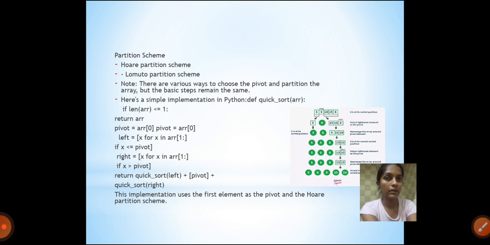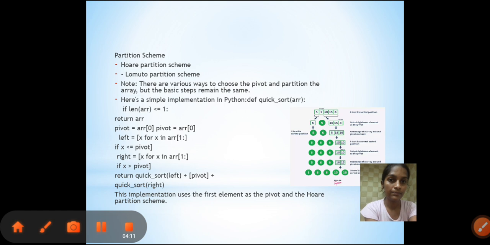In the end, we arrange the array so that first all the smaller elements are on the left side, then the pivot element itself in the middle, and then the right part contains the values greater than the pivot element. This implementation uses the first element as the pivot and the Hoare partition scheme.